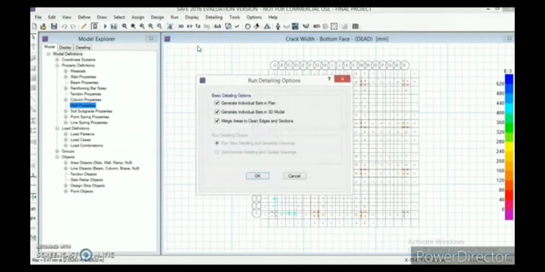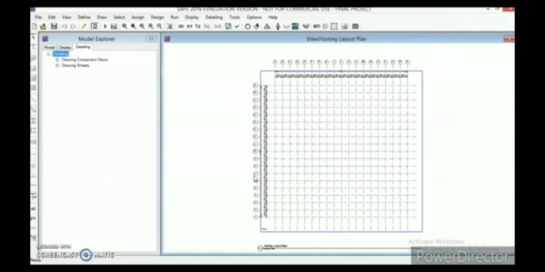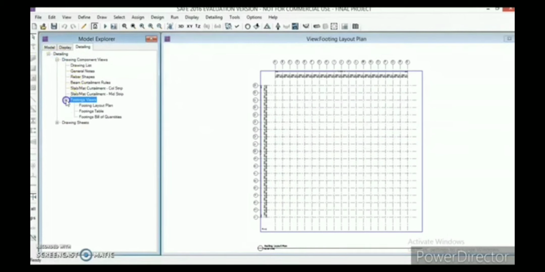Go to run detailing. So see, make sure that all these three options are selected and click on OK. Now everything is being done. Yes, now it's done. Now expand this: drawing components, footing views, drawing sheets, cover sheet, general notes, footing layout plan, footing table.